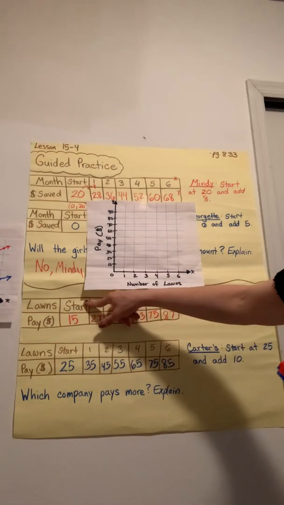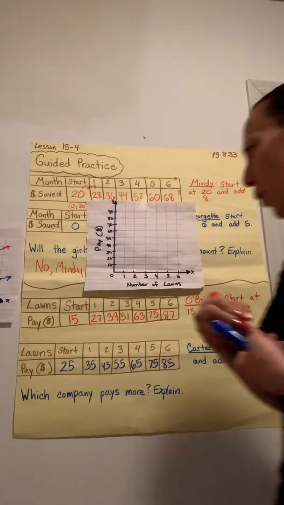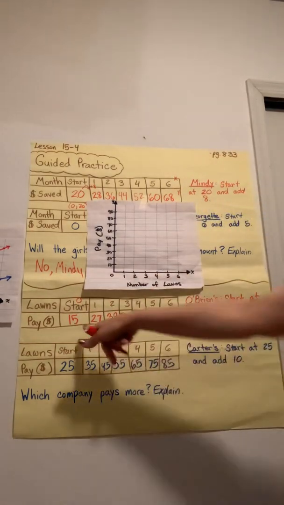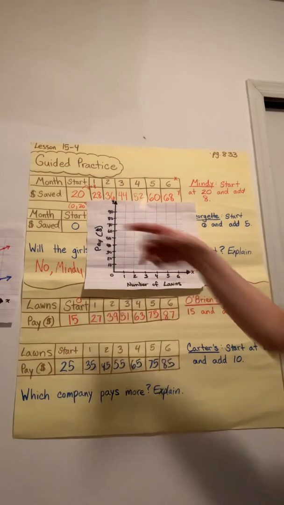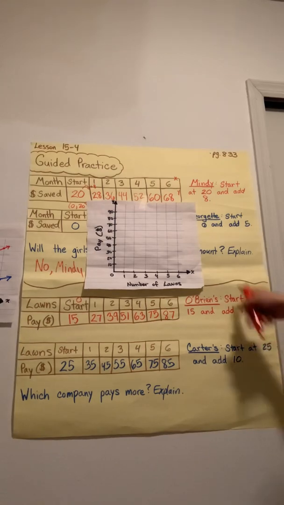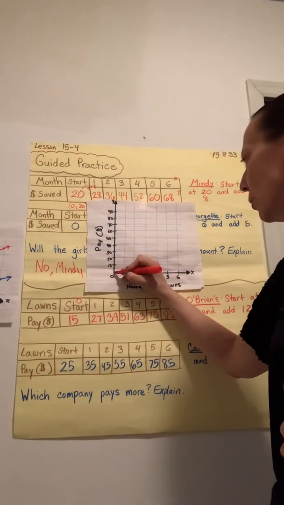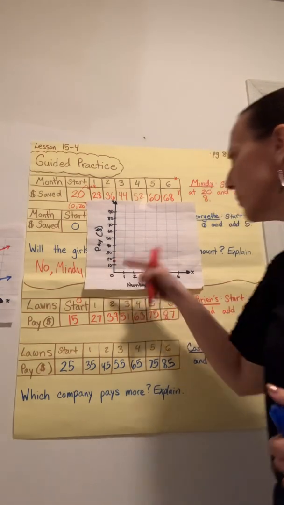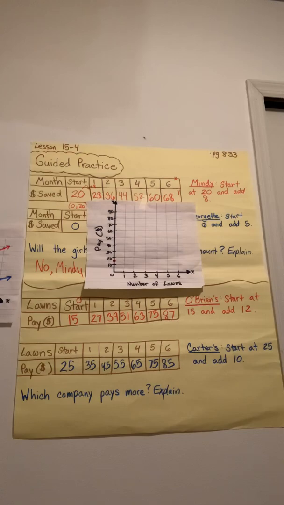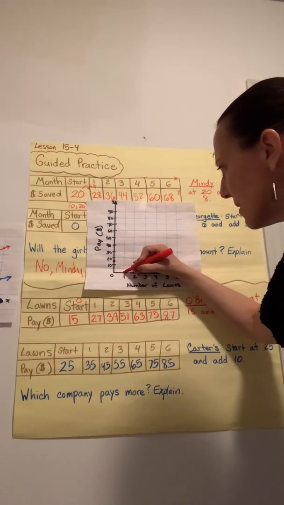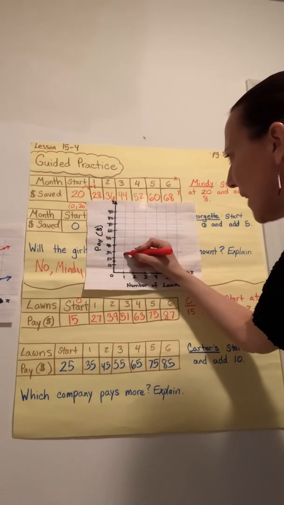So if I think of these again as ordered pairs, and start, of course, is 0, okay. The lawns along the x-axis go first, and then the pay up the y-axis is the second number in the ordered pair. So if you're in O'Brien's using red, I'm going to start with 0 lawns. We're starting at $15. Again, we're counting by tens here, so I have to estimate, but I'm exactly between the 10 and the 20. 1 lawn, going over 1 on the x-axis, up 27 on the y-axis, so a little